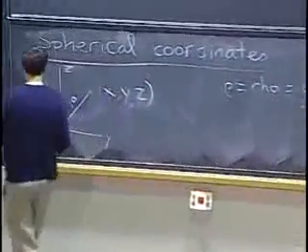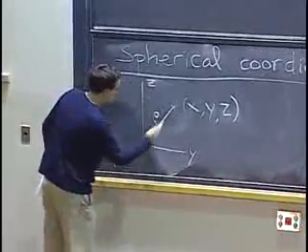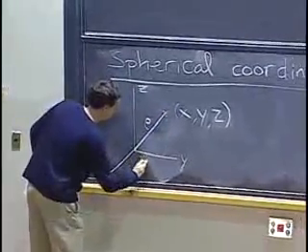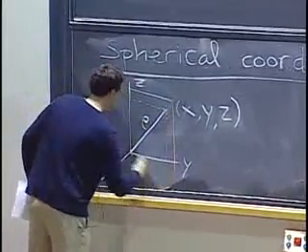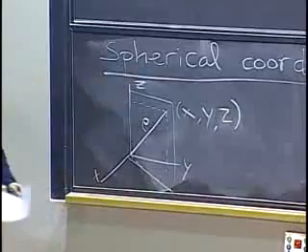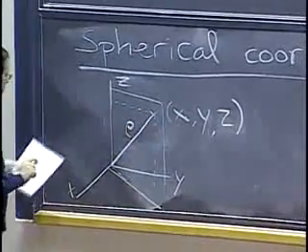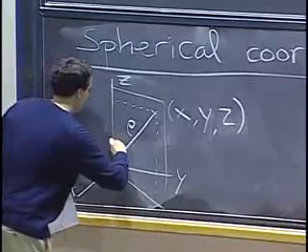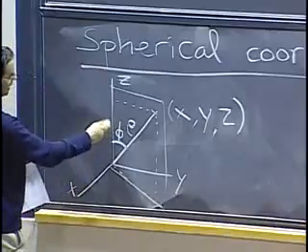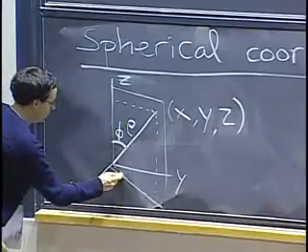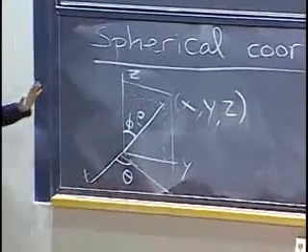Then we have to use two other angles. And so for that, let me draw the vertical half plane that contains our point, starting from the z-axis. Okay? So then we have two new angles. Well, one of them is not really new. One is new. That's phi, the angle downwards from the z-axis. And the other one, theta, is the angle counterclockwise from the x-axis.